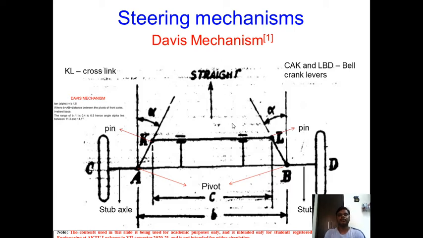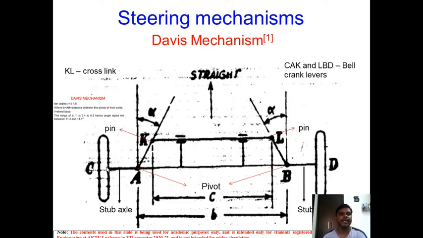Okay, so we have to design these links in such a way that this condition of correct steering, like tan alpha will be equal to B divided by 2L. So this selection of B and wheelbase must be in such a way that it must meet the condition B upon 2L equal to tan alpha. So we can compute the alpha value, tan alpha. So this angle has to be set accordingly, right?